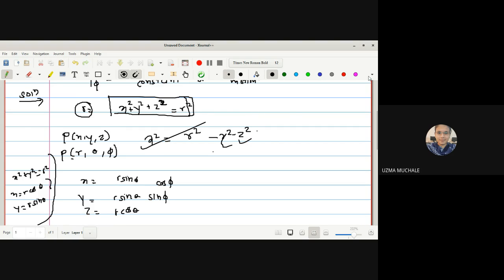What is the meaning of linearly independent and dependent? What do you consider until now? We will consider c1 v1 plus c2 v2 plus so on up to cn vn equal to 0. If all ci equal to 0, then we say that they are linearly independent. And if at least one ci is not equal to 0, it means that they are linearly dependent.